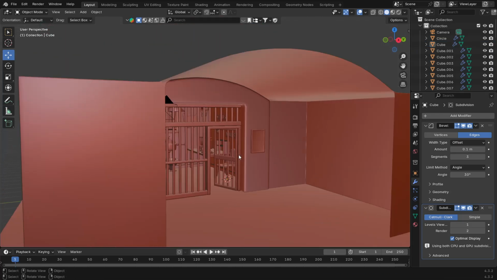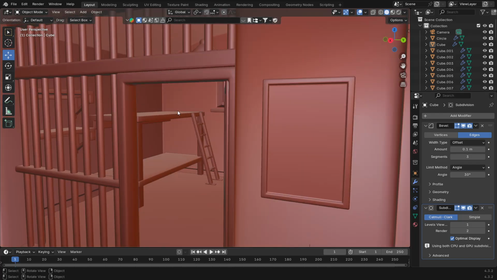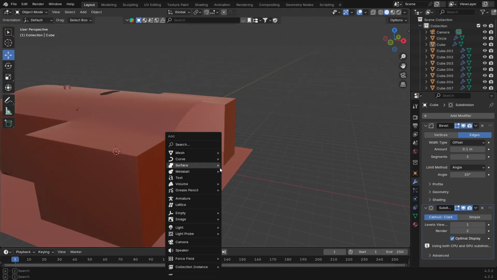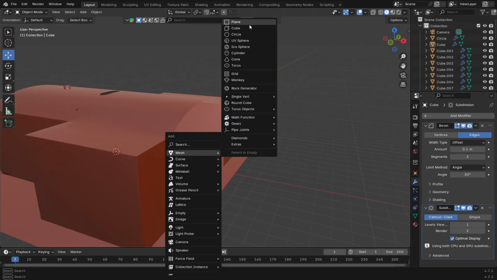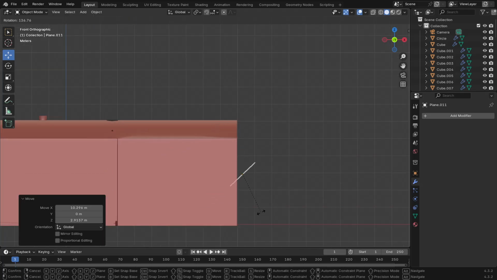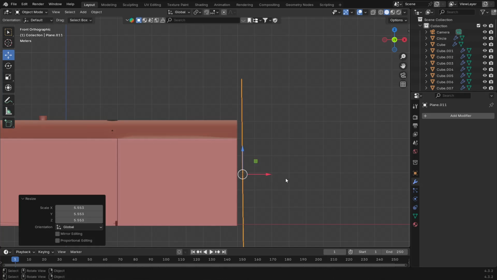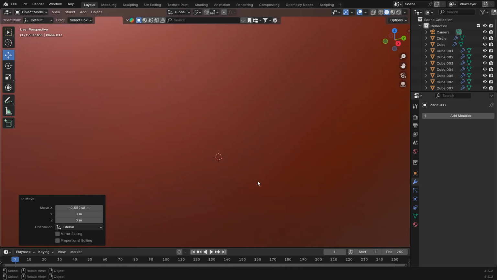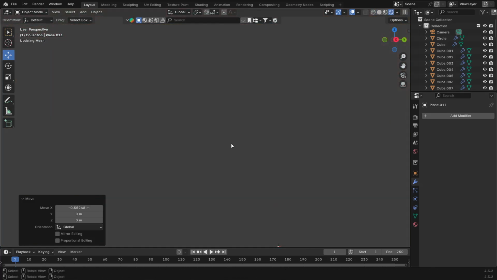This is a super quick tutorial for you guys, and it's a cheap trick to get really good lighting in Blender. All you got to do is block off your scene completely from external light. So I'm just adding in a plane here at the opening, and we can see that if we render,